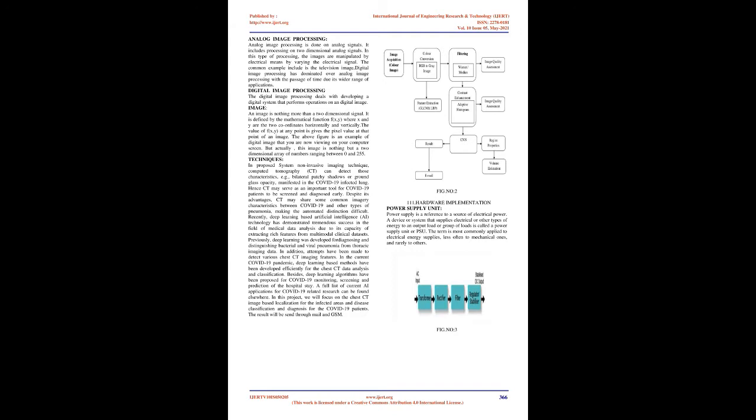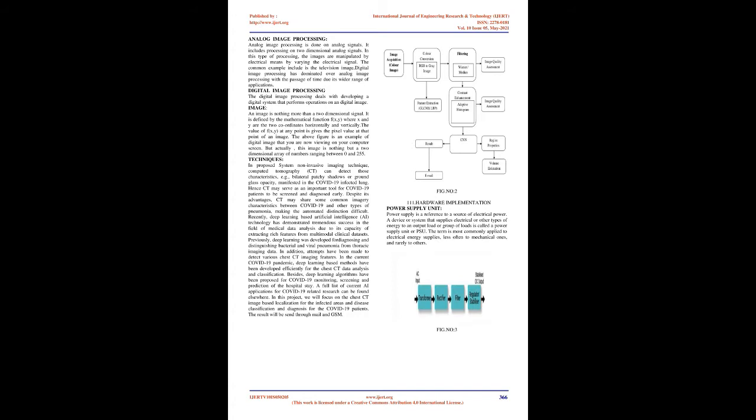It can be further divided into analog image processing and digital image processing. Analog image processing. Analog image processing is done on analog signals. It includes processing on two-dimensional analog signals. In this type of processing, the images are manipulated by electrical means by varying the electrical signal. The common example is the television image. Digital image processing has dominated over analog image processing with the passage of time due to its wider range of applications. Digital image processing. The digital image processing deals with developing a digital system that performs operations on a digital